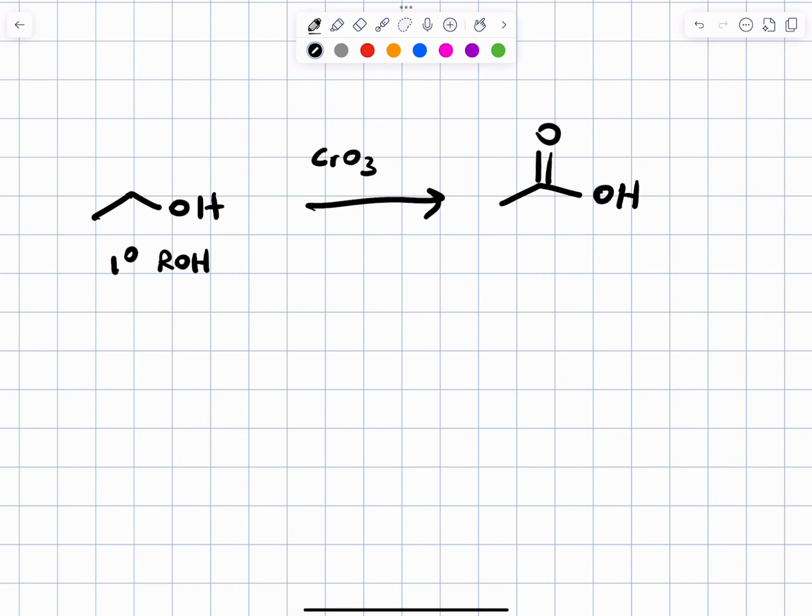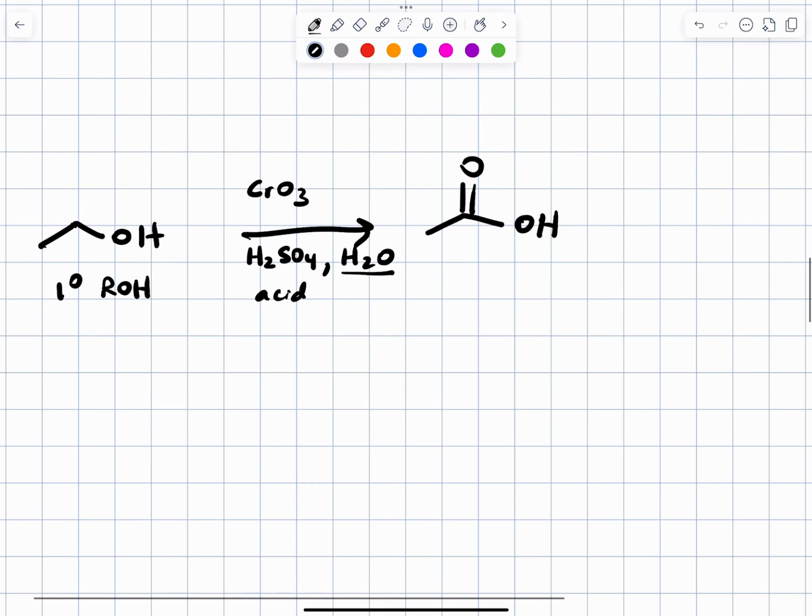And you're going to see that the reason that we can go all the way to the carboxylic acid is because we have the presence of water and an acid. So using CrO3, I'll draw that reagent for you, but using CrO3 and H2SO4,